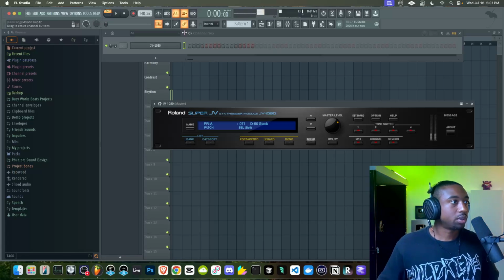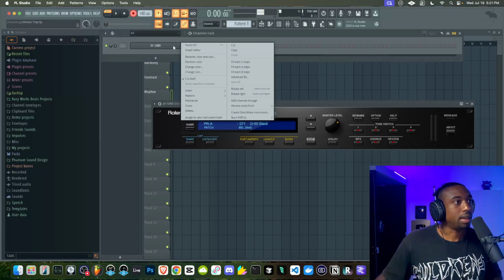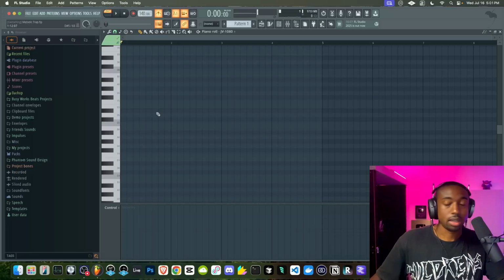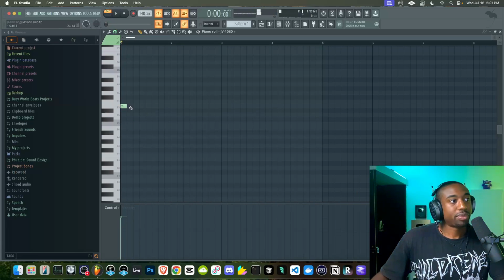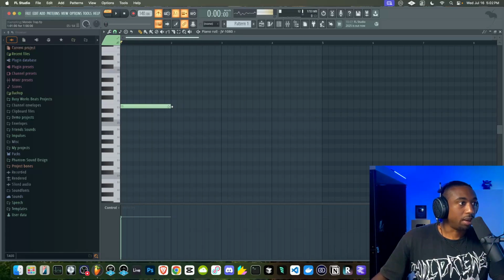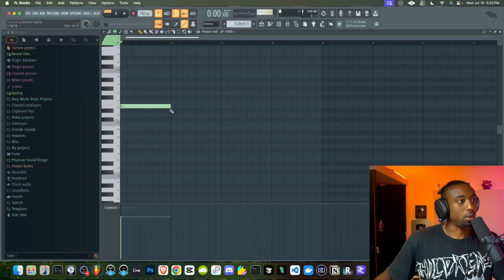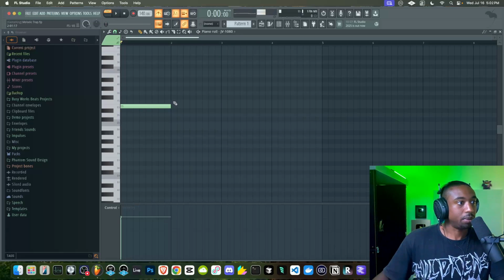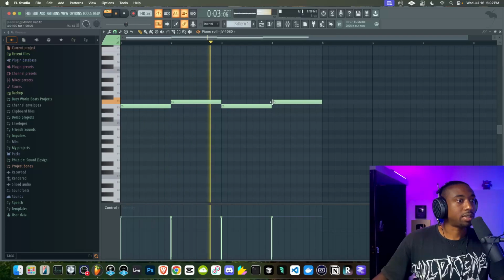Okay, so they could be seventh chords, ninth chords. Let's just record some chords in here and then I'll break down. Actually, let's just draw it in just to show you guys. So the first chord, I like to pivot around E and F because E and F are a half step away, but they're still the white notes, so it makes it easier to write chords and stuff. So basically E and F will give you that half step sound.